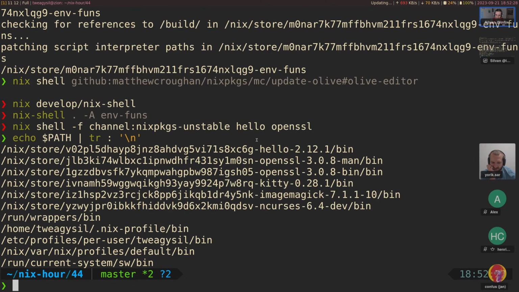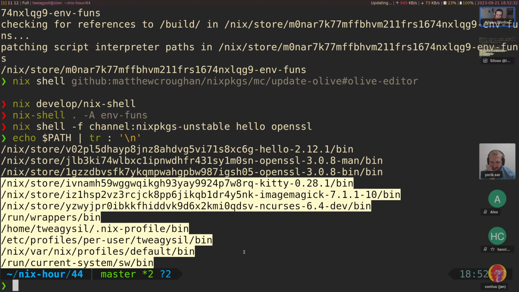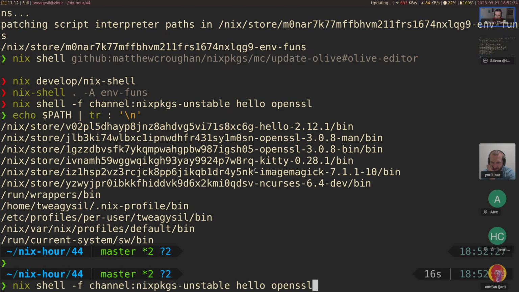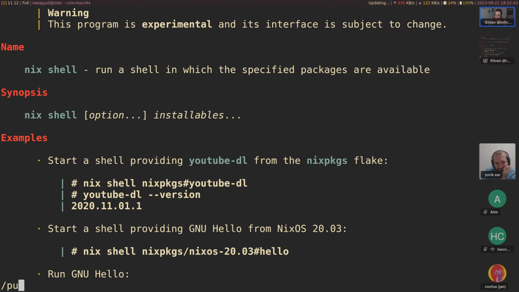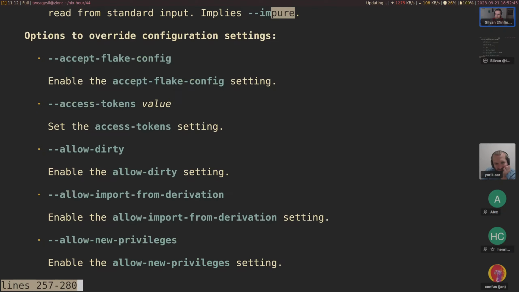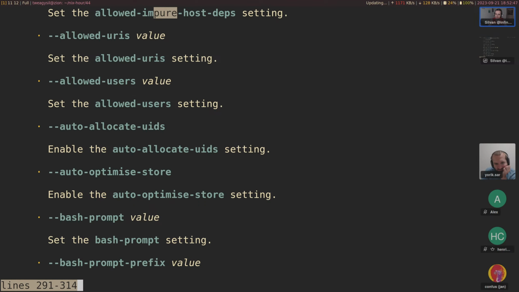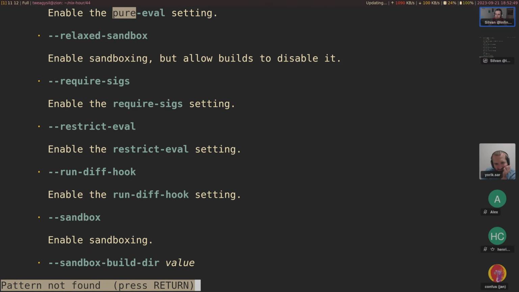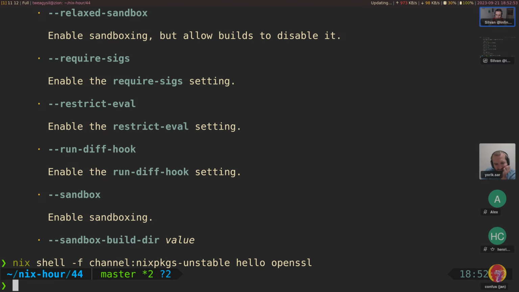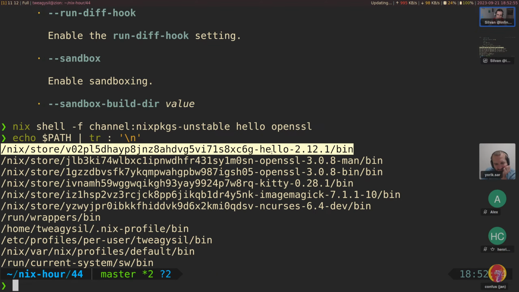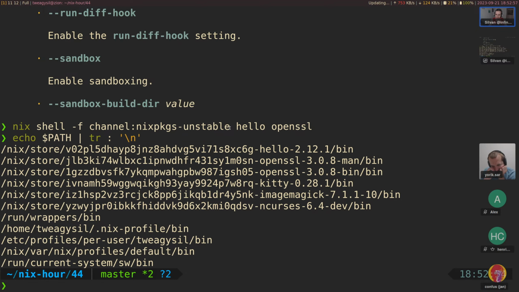So if you look at the path, we can see only, well, all of these entries were there before. Actually, is there a pure flag here? No. Is there one? I'm not sure. Pure, impure. There does not appear to be a pure flag, which is a bit surprising. But yeah, so in here, only these entries are added. Whereas,